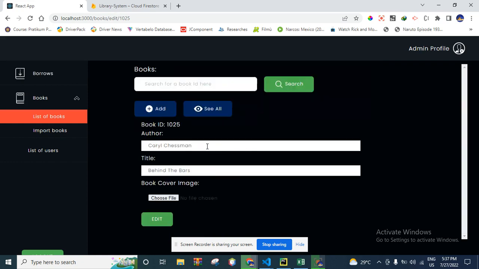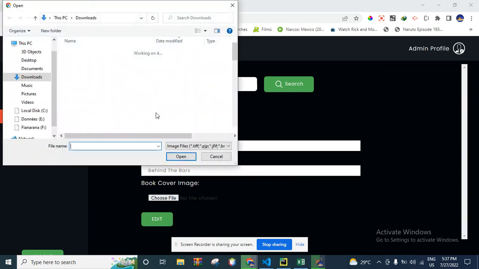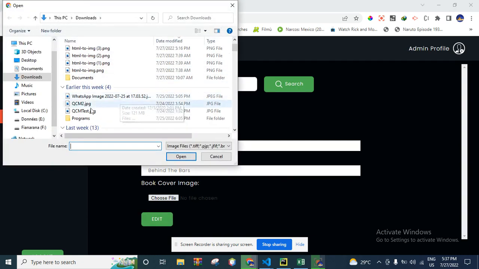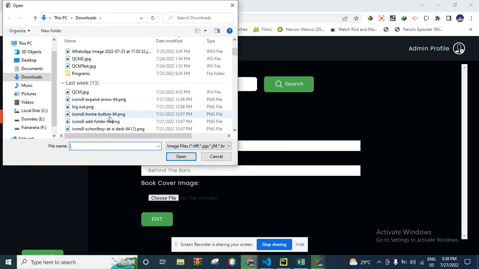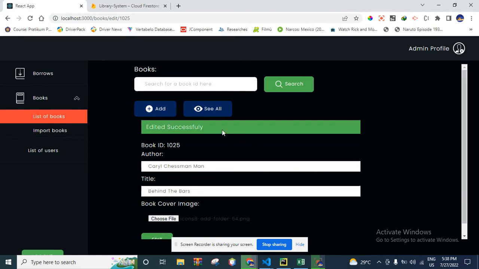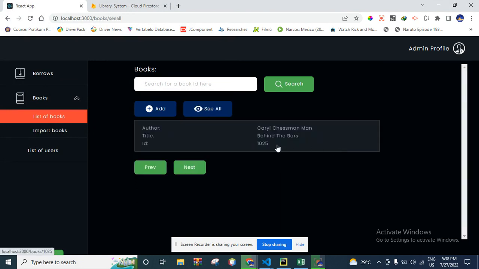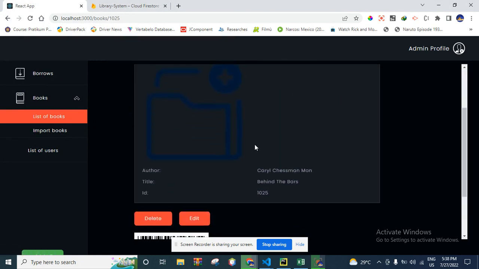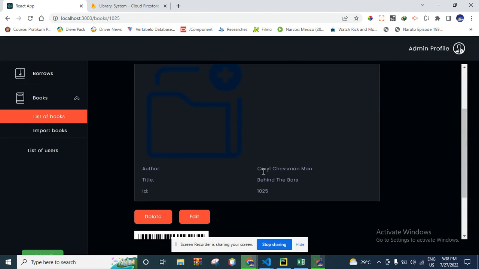If we edit, let's say Karen Chessman, and add a new image to this, let's say this add folder image, and we add, and we see all again. Here is the folder and Karen Chessman. It has been edited,